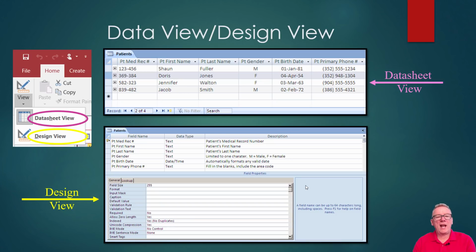When you are looking at a table, you can be in Datasheet view or design view. The bottom one here, design view, that's when you set up the headings for the table. So for each item in there, you can set the field size, whether it's text or number or date, time. And then once that's all set up in design view, then you flick over to Datasheet view, which is up the top here. It looks a lot like Excel,